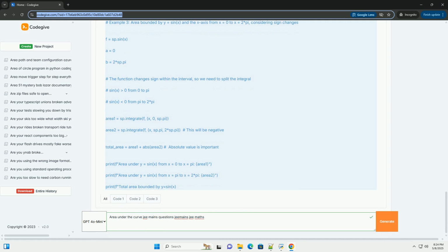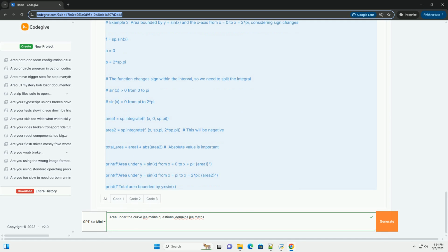5. JEE Main problems and solutions. Let's look at some example problems. Problem 1, JEE Main 2021. The area, in square units, of the region enclosed by the curves y = x^2 and y = |x| is: a. 1/6, b. 1/3, c. 2/3, d. 1/2. Solution. 1. Sketch the region: sketch y = x^2, a parabola, and